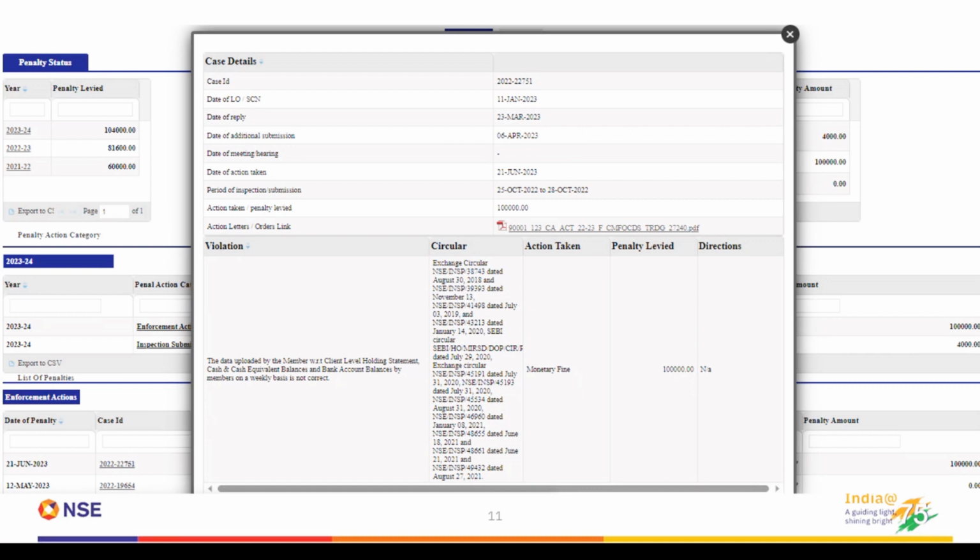But since that is in detail, what we have done is, for a brief view, we have listed down the list of violations which are included in this particular case ID. So if you click on the PDF, you will see the action letter here. And here, date of meeting and date of hearing is blank because no hearing took place here,